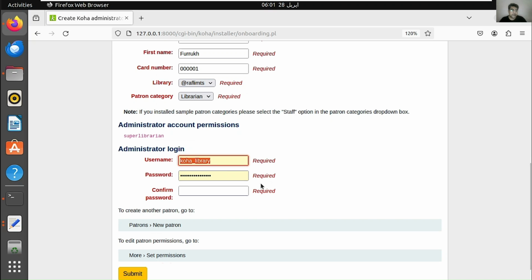And there I must be conscious to provide the username and password, because this username is a bit different. I mean, you can see the username of the Koha instance and the super librarian are different. So it must be different. Okay. Let's provide.